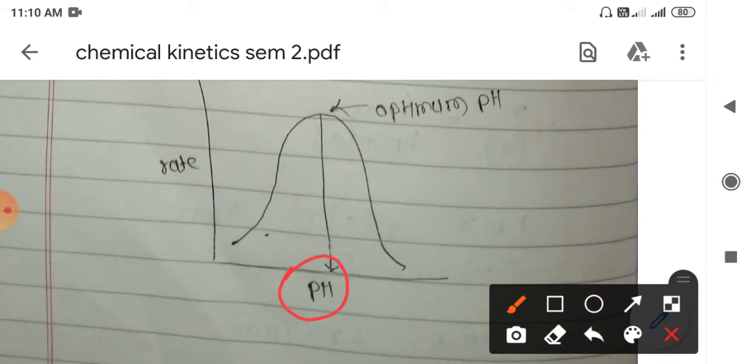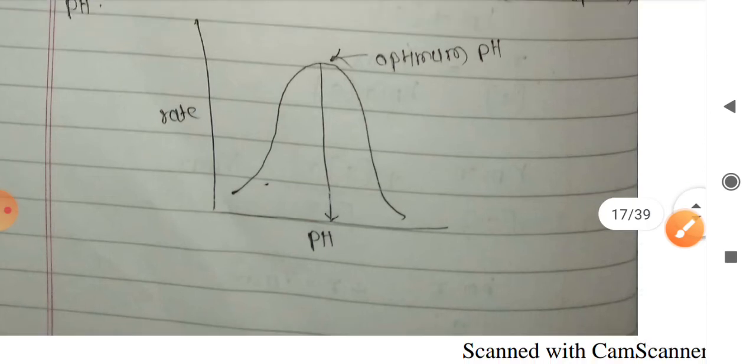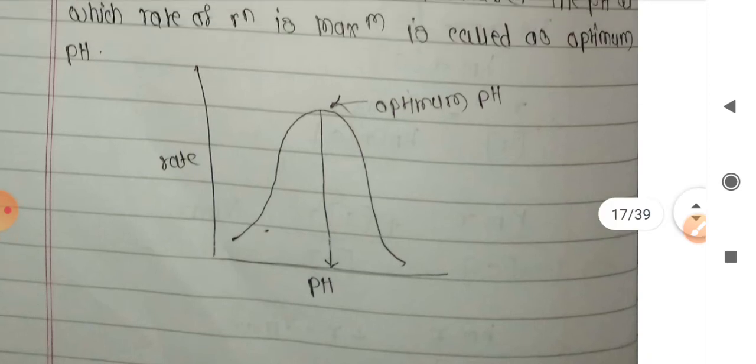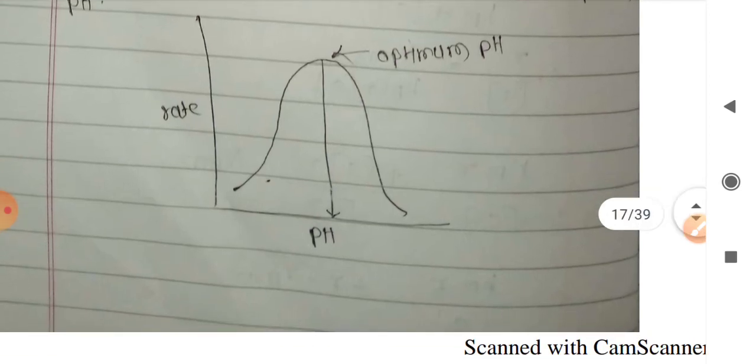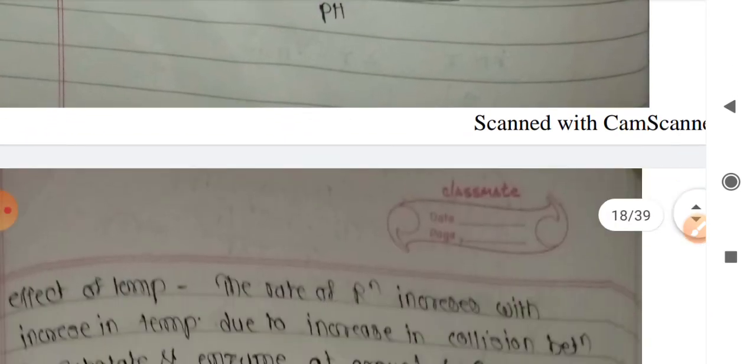So pH tells you the nature of that particular enzyme, whether it is acting as a base or an acid in that particular reaction. Overall, the pH will decide the nature of the enzyme, its acidity or basicity. At a particular pH value we get the maximum rate of the given reaction, and at the rest of the pH values we have a lower rate of reaction.